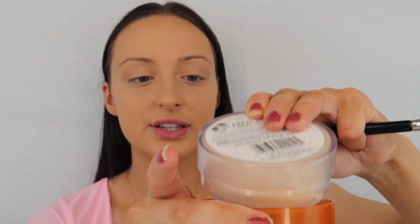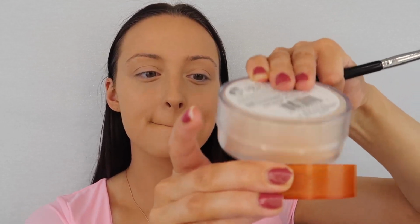The next product I am using is the AIRSPUN Loose Face Powder, and this is in Naturally Neutral. This product goes for like $5.97, so it's super affordable, but I really like this powder. It comes with one of these little powder puffs. I just like to use a brush though, so I will just pat some out onto the lid. Just take any random brush and